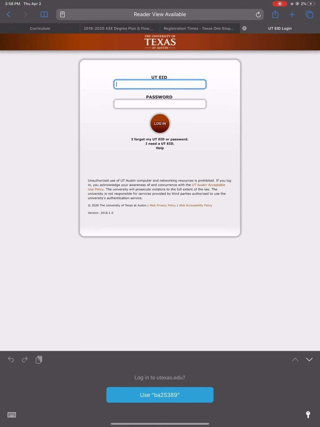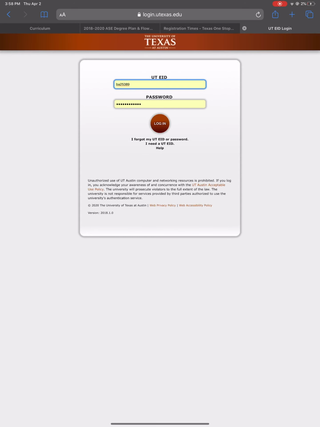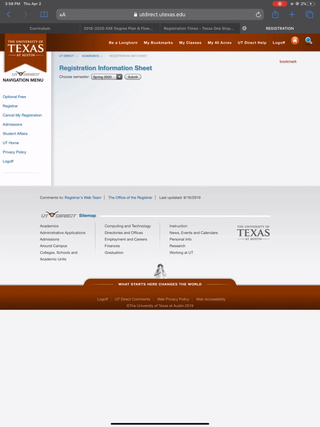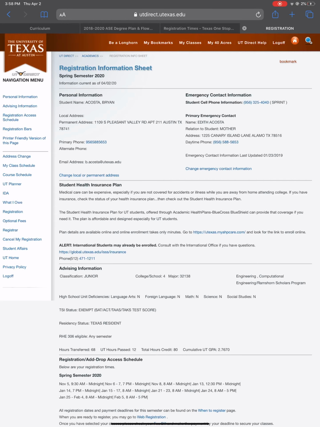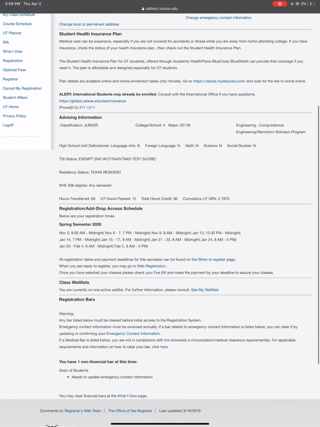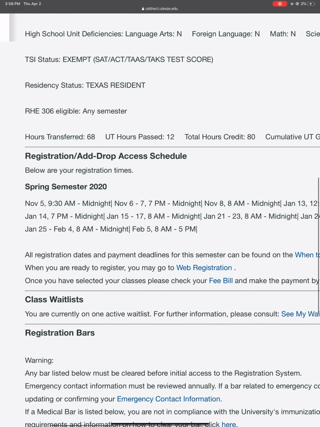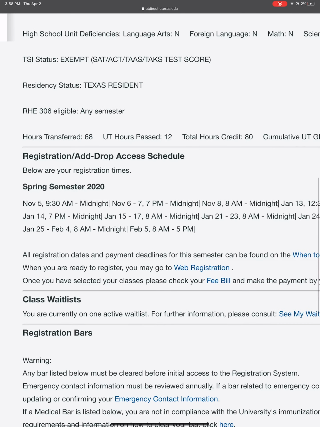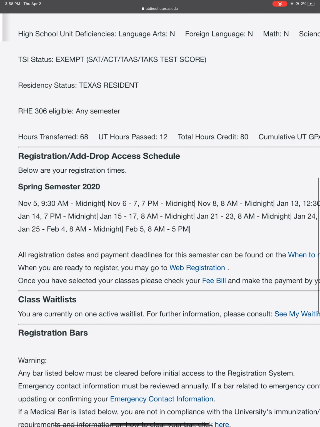It's gonna ask you to log in, and then here you're gonna put submit for spring 2020 or whatever semester you're registering for, and you scroll down, and right over here it shows you what days you can log on to the registration website to register for your classes. And this is very important because every student has a select pool that you can only register during,